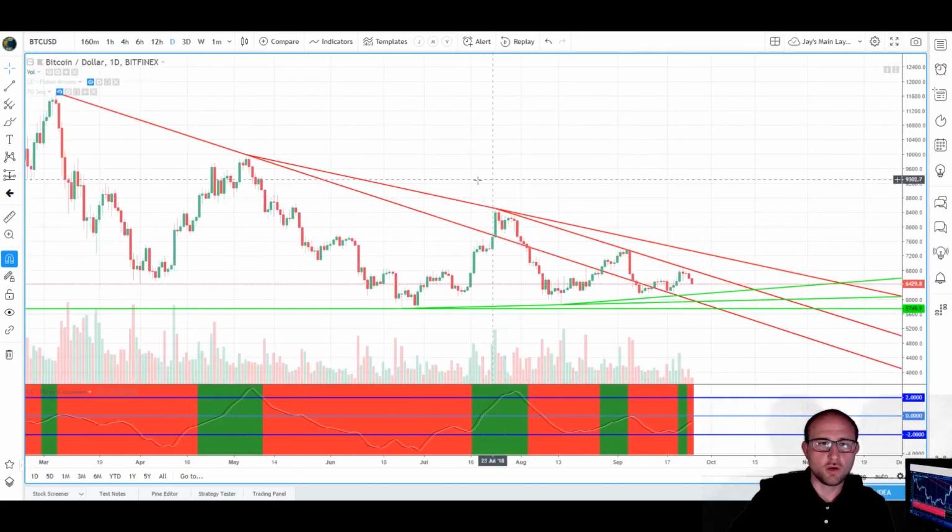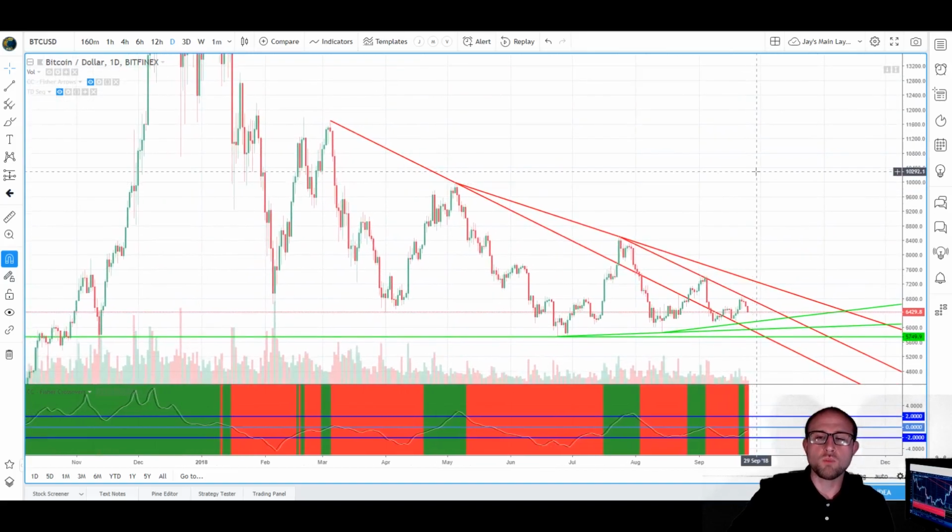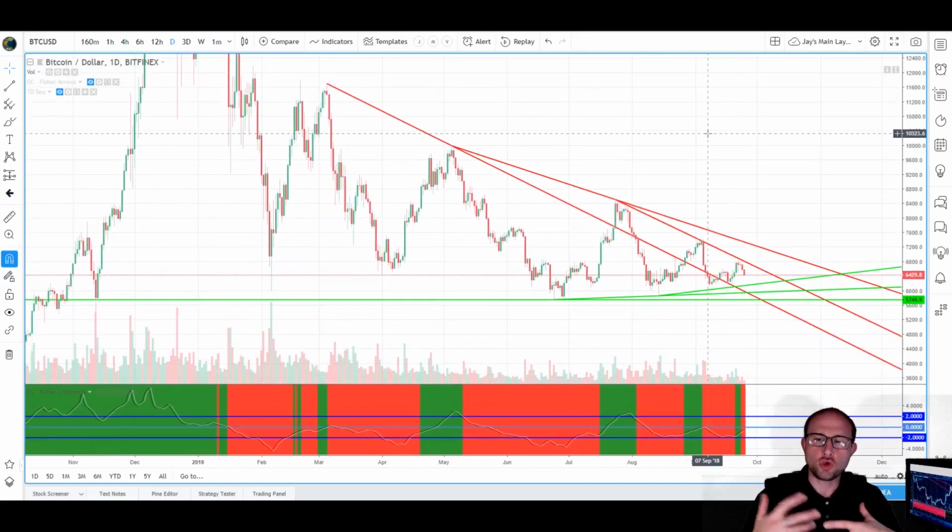All right. But what I'd like to do is just take a larger overview look at this, and we can see that obviously as we descend into this, you can see the range consolidating and tightening down. What this means is that there's going to be an explosive movement one way or the other. Everything is lining up. If you guys have been paying attention on Telegram or on Discord, I know that you have seen the increase of botting, of increased marketing, of increased signal groups, of increased Telegram groups, of increased masternode coins, of increased altcoin launches.